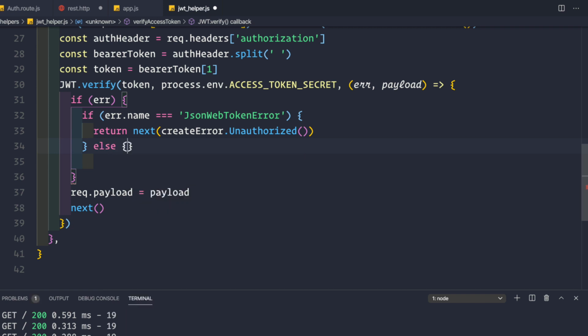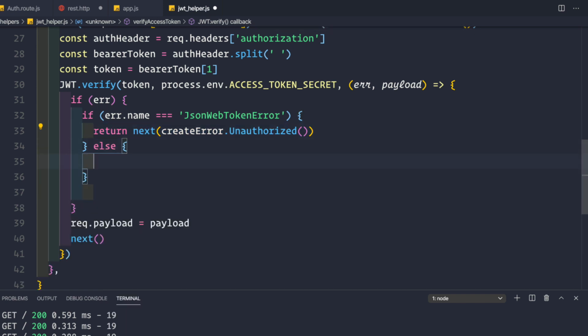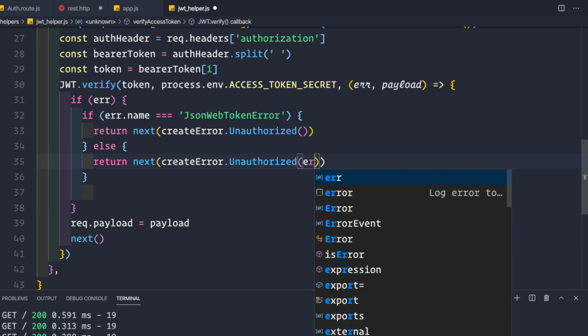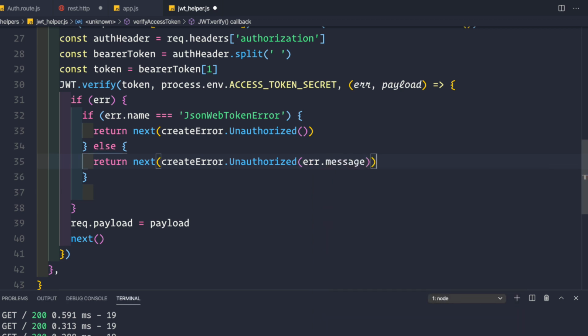Else, we call return next, and here we can pass in the actual error message back to the client, that is error.message, like this. And we can also simplify this, and we'll come back to that later.